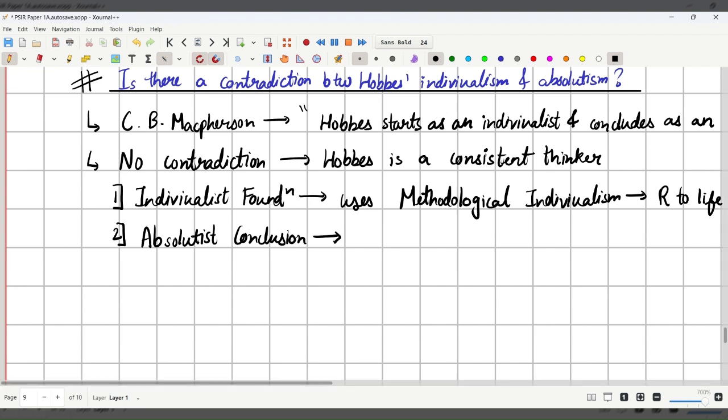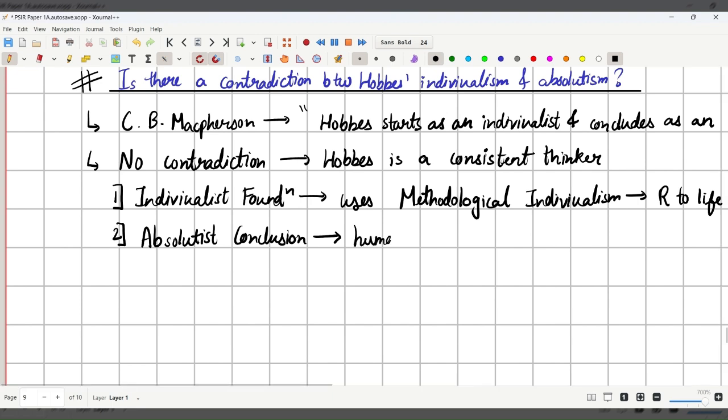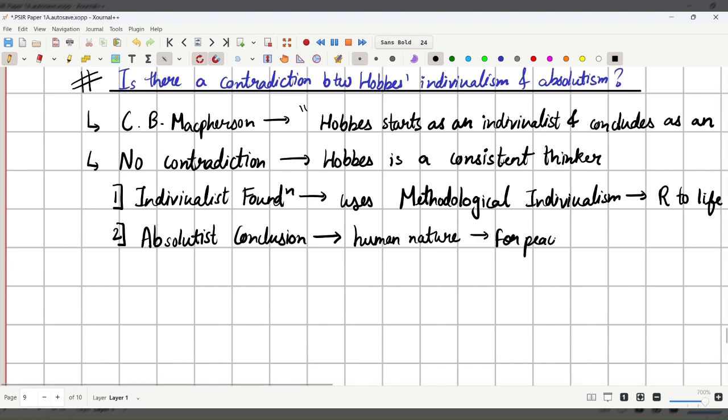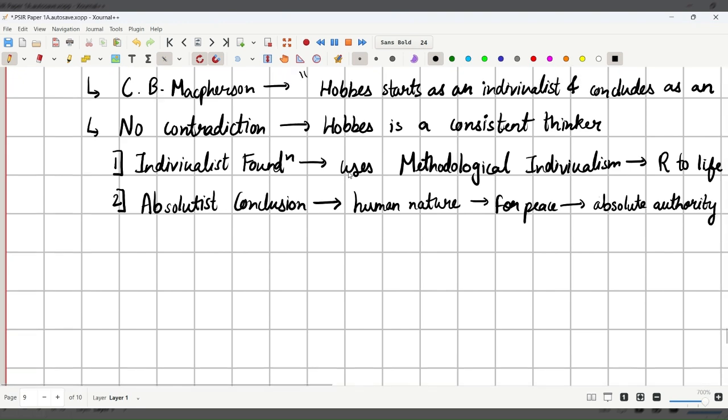So basically, because humans are fundamentally egoistic and power seeking, okay, Hobbes concludes that they can only live in peace if they surrender their rights to the absolute authority. Okay, so human nature is fickle minded, egoistic. Okay, so for peace, they give absolute authority to the state. Okay,